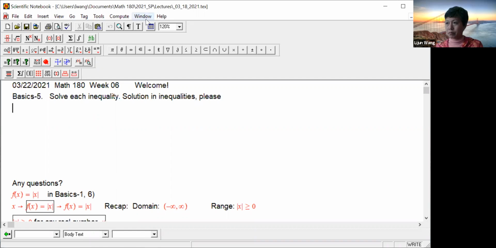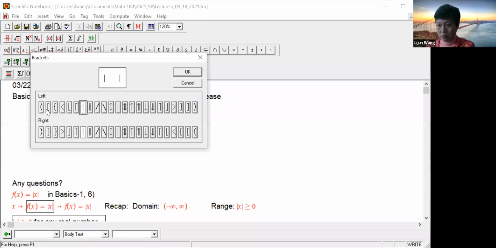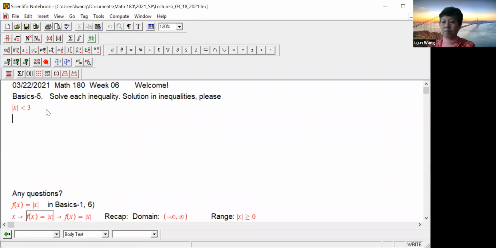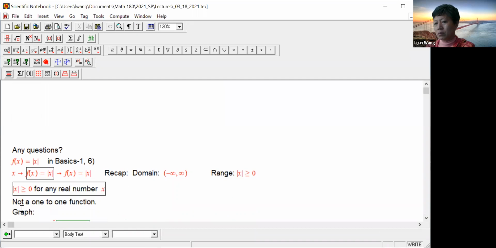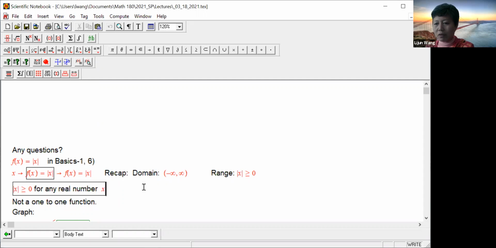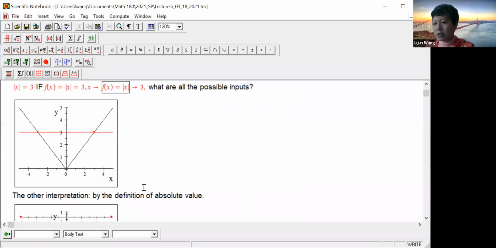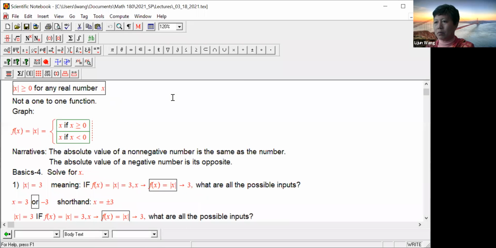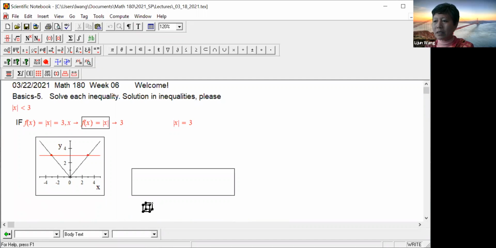Interpretation. Absolute value of x less than 3. What is the interpretation? Still this function, right? With all of these properties, absolute value is always greater than or equal to 0. We talk about these interpretations, right? Do we have a similar scenario? I'll copy and paste. I want to show you